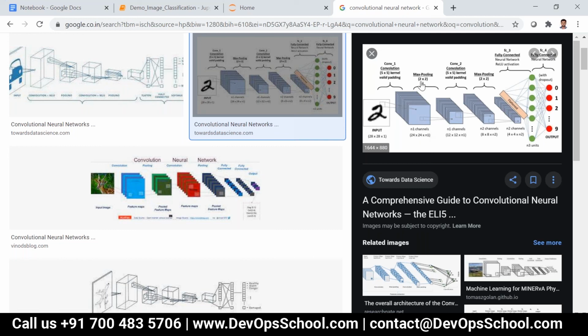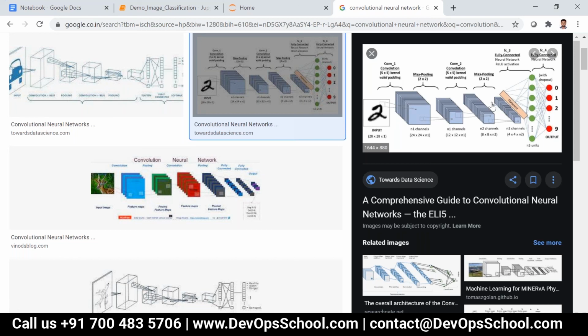Then it will be reduced to 12 by 12 by n1. Then you can pass this input through any number of convolution and max pooling layers. There is no limit. We are going to pass through only one convolution and max pooling.